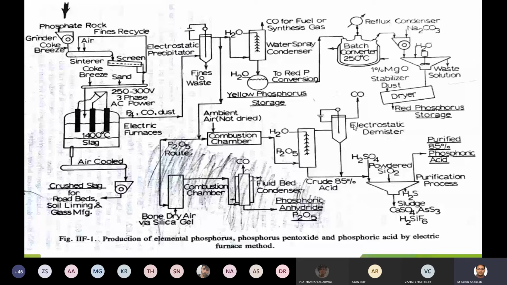While I pass electric current in the electrostatic demister unit, I can collect the moisture droplets, plus I can remove the carbon monoxide. Now other than this, if any crude acid escapes from this water spray condenser to the electrostatic demister unit, I can recycle it back. That is the reason recycling is mentioned here. Don't think that the moisture that is being collected is recycled back. No. If any traces of the crude 85% acid escape from the water spray condenser, they will be recycled back to the purification unit. In a purification unit, you will add sulfuric acid and silicon dioxide. So the reaction will happen between the crude 85% acid, sulfuric acid, and the powdered silicon dioxide. So you will get a purified 85% phosphoric acid.